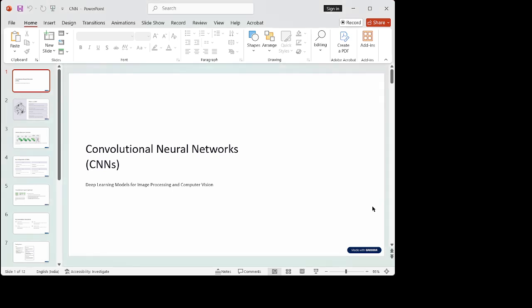Hi everyone. Today we are going to learn about convolutional neural networks. The session objective is to explain what is meant by CNN and why CNN is suitable for image data,